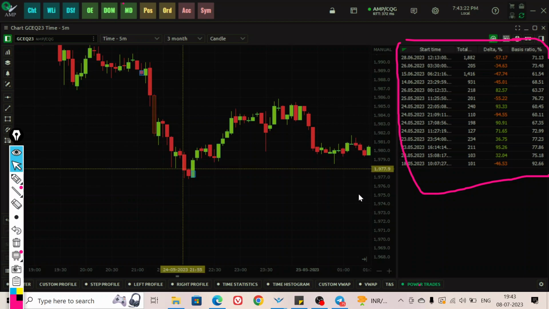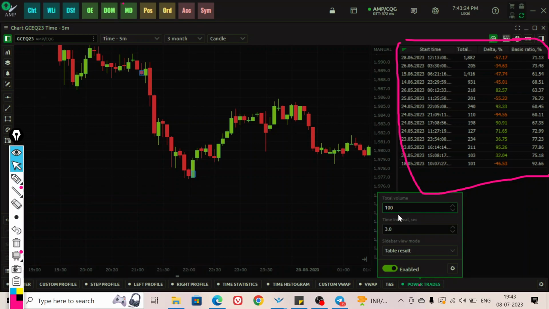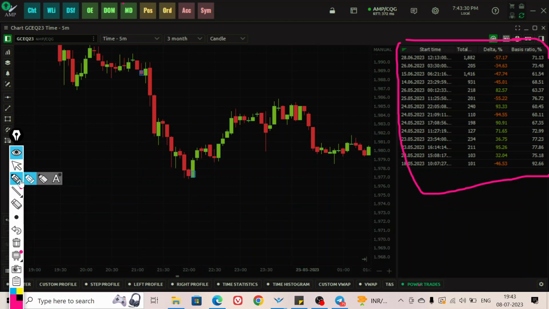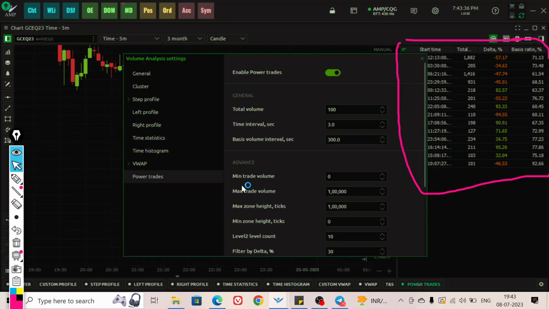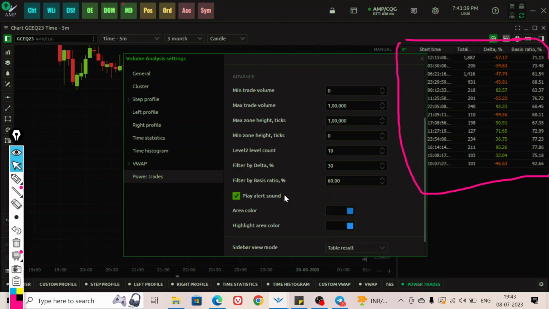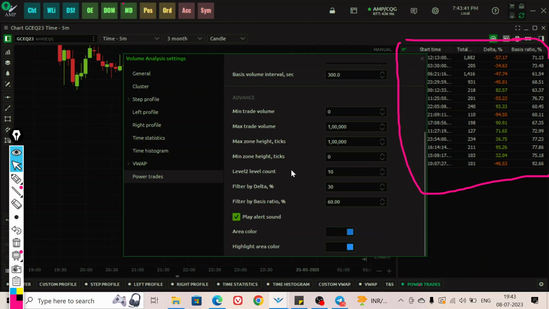So as per your setting, it will scan for the minimum 100 load in 3 minutes. And, sorry, I forgot to add one more thing that you have to do. In the power trade, in advanced settings, you also have to change the delta. As you can see,